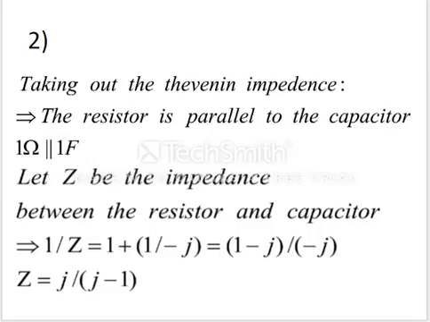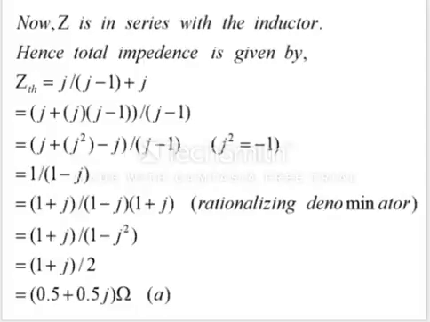The second step is that we have to take out the Thevenin impedance. From the circuit, we know that the resistor is parallel to the capacitor. Hence, we find the impedance Z. 1 upon Z equals 1 plus 1 upon minus j. Therefore, Z equals j upon j minus 1. Now, Z combined, that is resistor and the capacitor, is in series with the inductor. And so, the Thevenin impedance is equal to Z, that is j upon j minus 1, plus j, which is